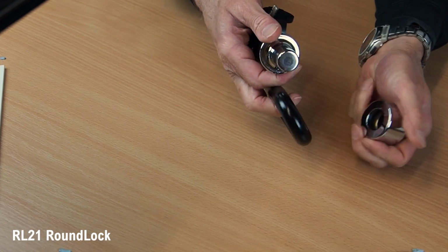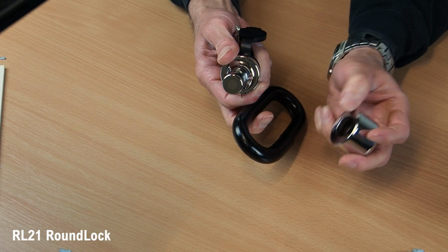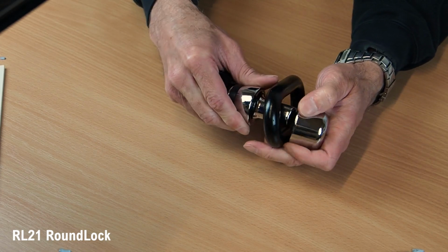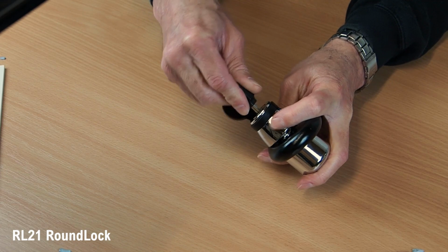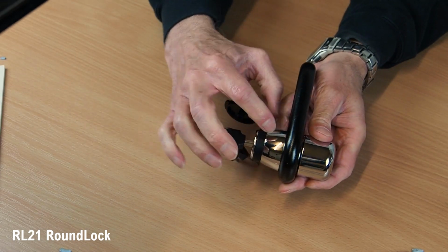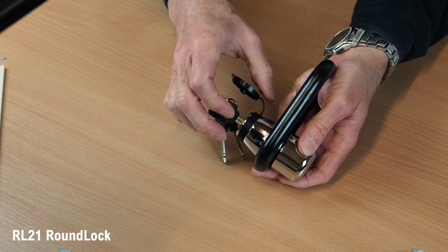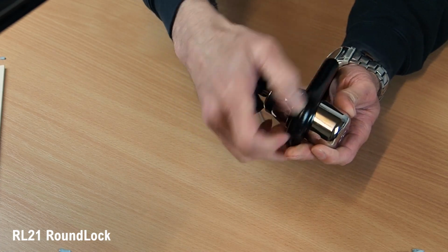So here we have a standard round lock. We don't need the round lock combo RL21A socket. The standard round lock socket is perfect for this, and we can fit the lock through and basically lock it. So the vulnerable part of the lock, the kind of central section, is thoroughly protected by the chain link that